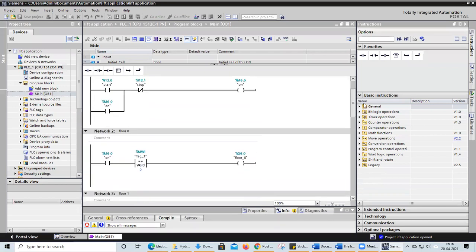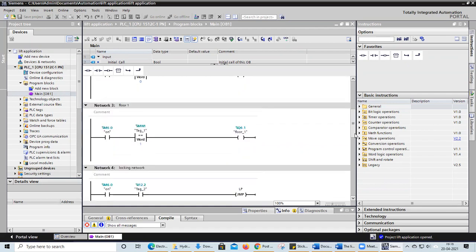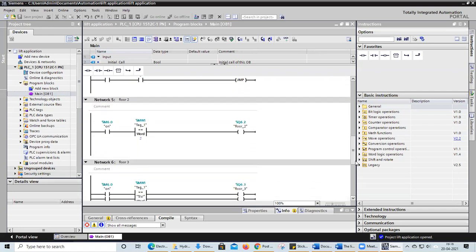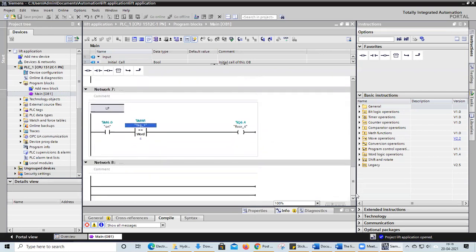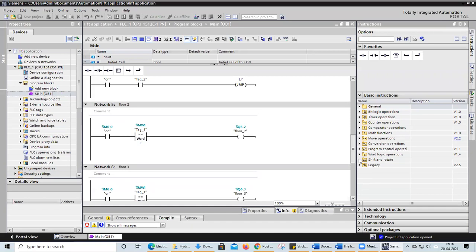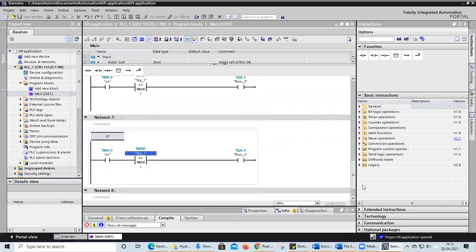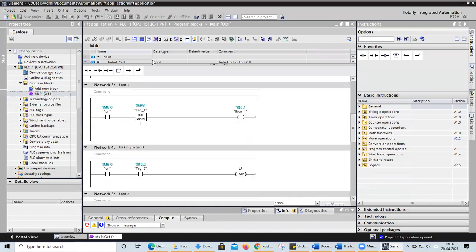Okay, it is having floors from 0 to 5. Previously, I have taken 0 to 5. This is 0 floor, and this is first floor, and second, third, fourth. Okay, and I used to skip second and third floor previously. Now I'll compile this one.